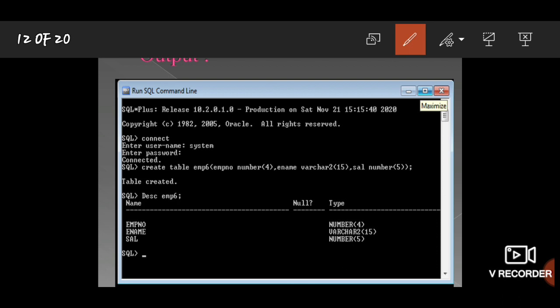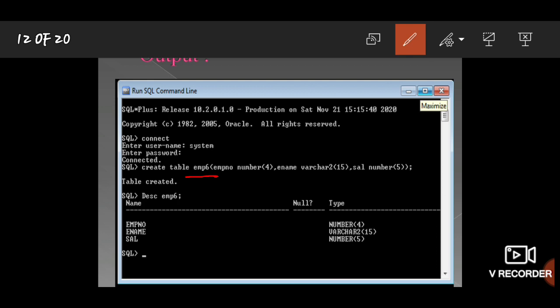For creating a table, you already saw the syntax and example in the previous slide. Based on that, I created a table. Here I took employee 6, because when I executed with employee 1 first, it showed me an error that employee 1 was already used, so I took employee 6.